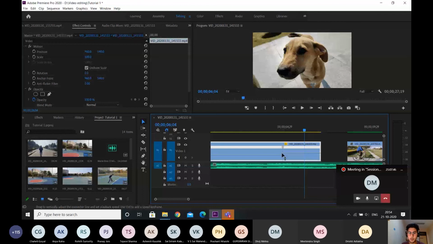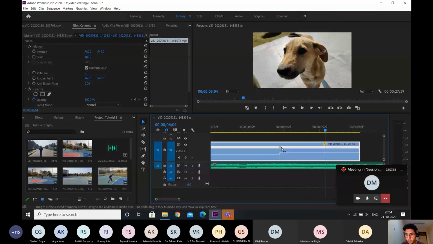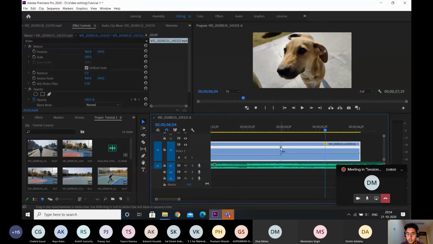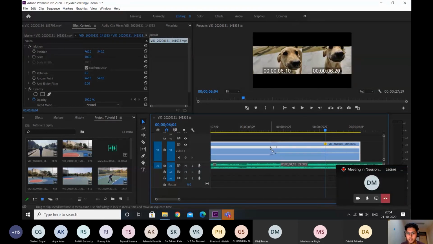We use the pen tool to divide, and there are two pointers over here, one on the right side of this line and one on the left side. If I click on the left side, hold it and drag it. Okay, I clicked on the right side by accident. I click on the left side and I drag it.